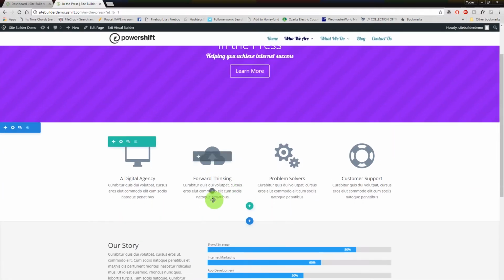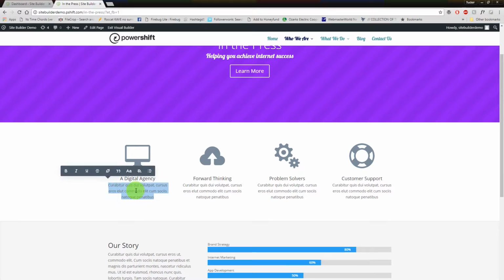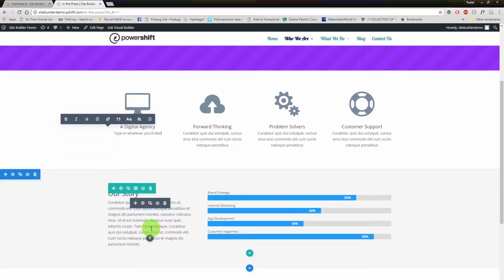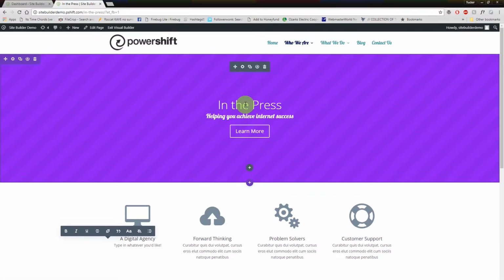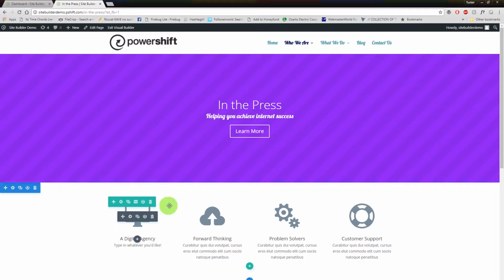Now, scrolling down the page, the same goes for any of these objects on this page. After loading the Visual Builder, we can simply click and highlight the existing text and type in whatever we'd like. Now, you'll notice a lot of other controls that are popping up on the screen as I am editing here. And let's go over a few of those. So, for example, this image, this little icon,